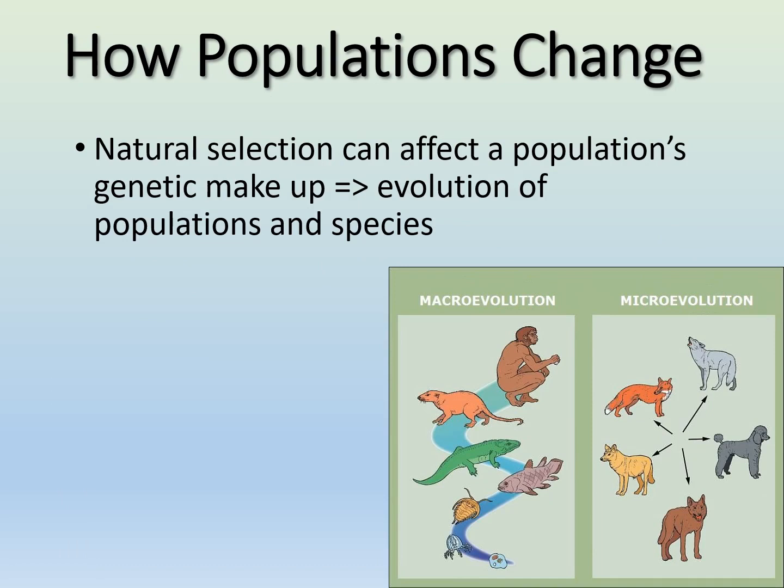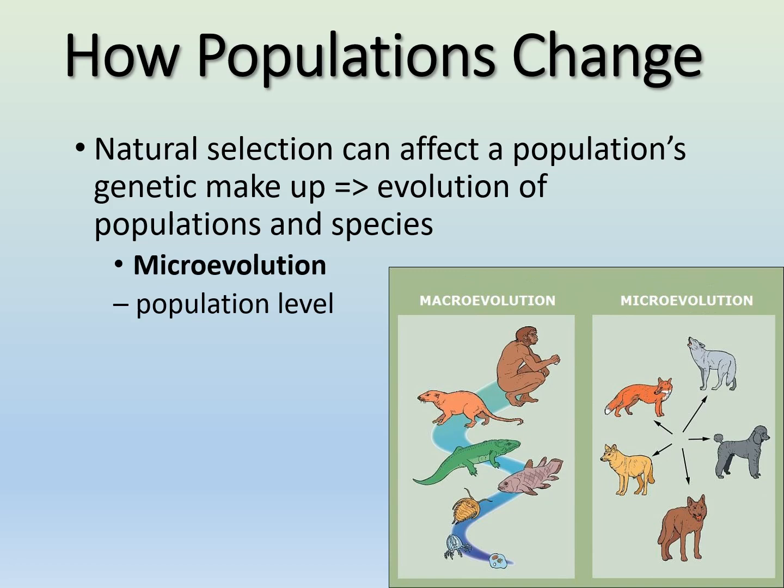So we now know that we have genetic diversity, right? And a population has a specific genetic makeup. Now, natural selection can affect a population's genetic makeup, and this is the evolution of a population, but we can also see evolution at the species level as well. So when we talk about